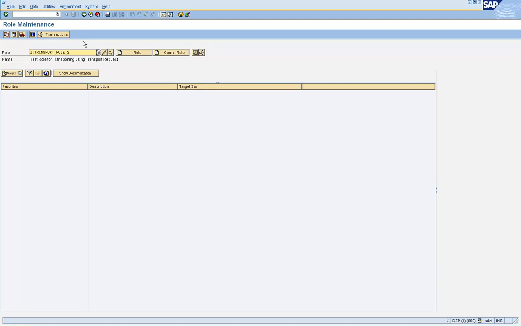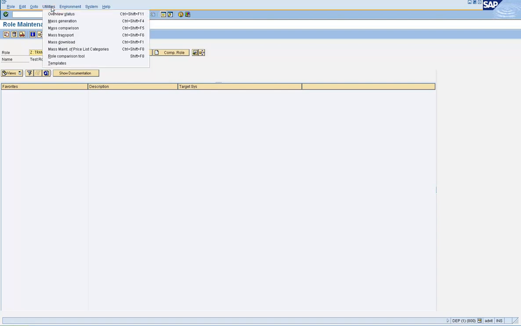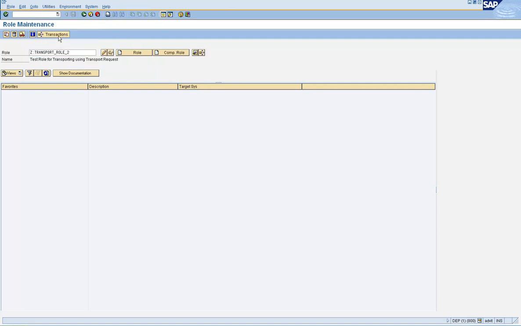If you want to transport mass roles, you have to go, in transaction PFCG, to the menu Utilities and click on Mass Transports.